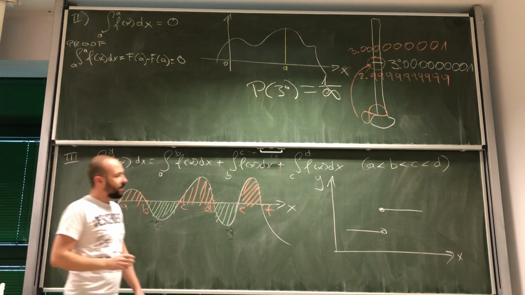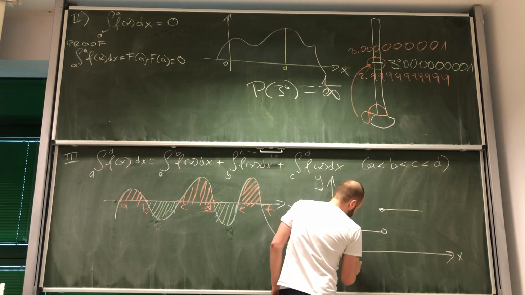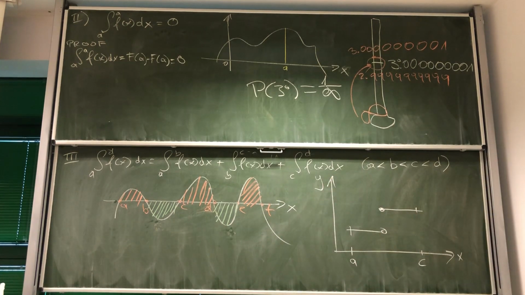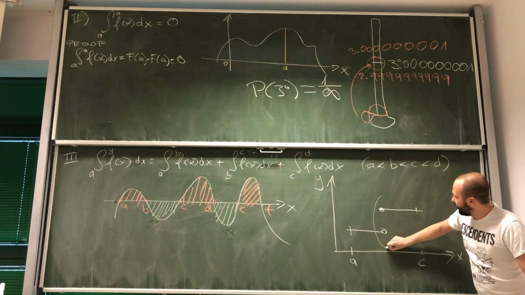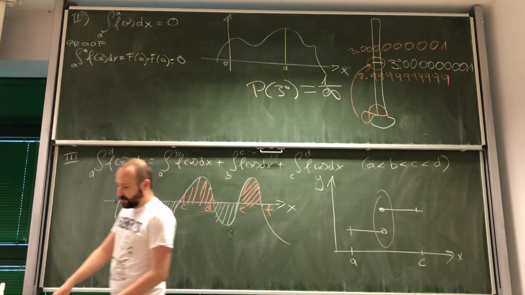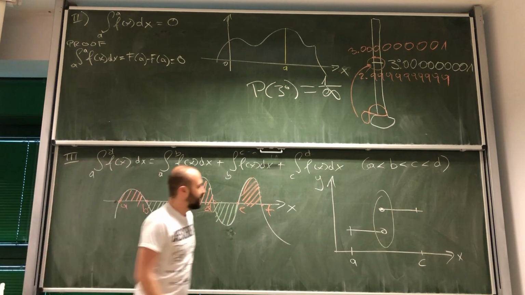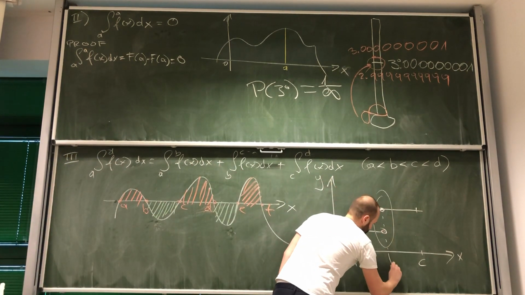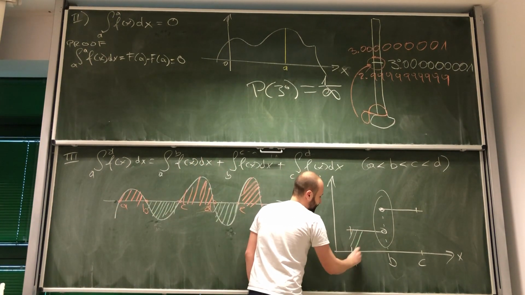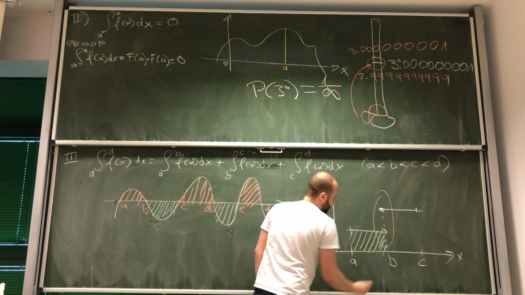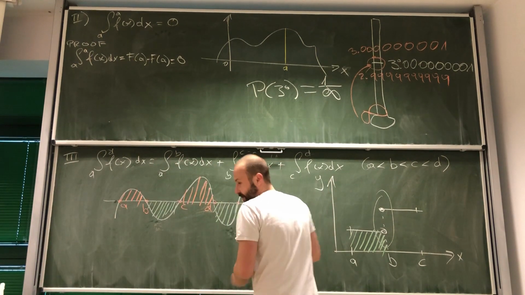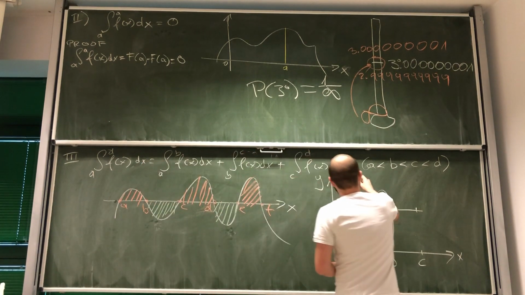So if I want to calculate the integral from A to C, I wouldn't be able to do it over here. But what could I do? I could divide this into two areas, right? And I could first calculate the integral from here to here. So I would first calculate an integral from A to B,